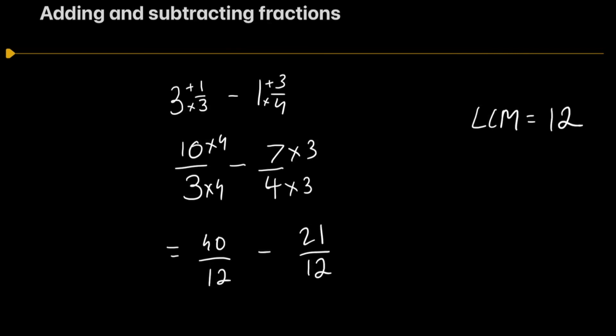Don't worry, it's fine if it's an improper fraction, or you can also convert it into a mixed number at the end. So now, since both of these fractions have the same denominator, you can just minus the numerators. So 40 minus 21 is